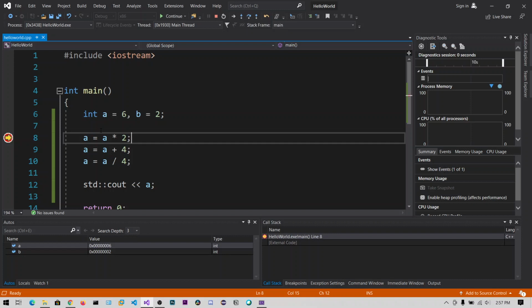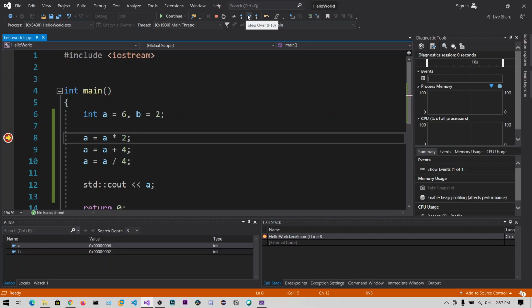But if there is a function in this line, it will skip over the function and automatically execute the whole function. We will see that when we look at functions, but just for now we are going to step into this. And step out means if you are in a function and you want to step out of that function, you can click on step out.